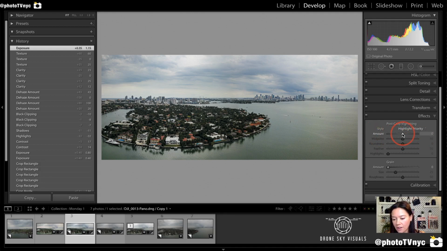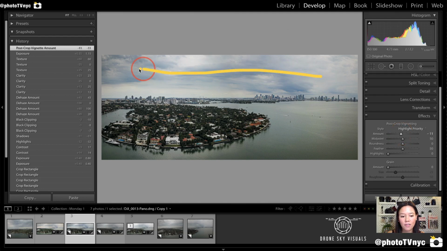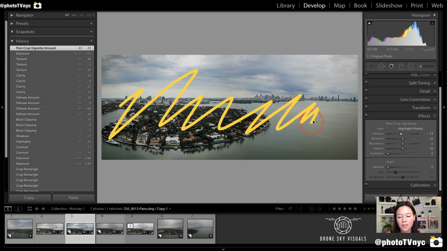So on this slider, we're going to slide it very slowly to the left, and we're going to see how the edges start becoming darker, and our attention starts shifting towards the center of this panoramic, which is around here,